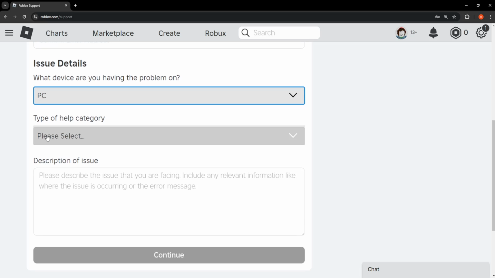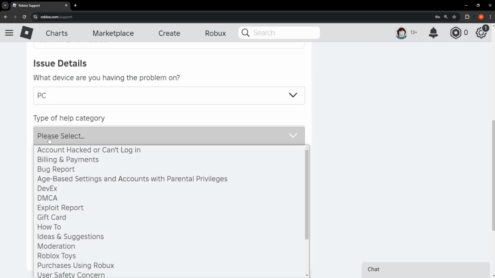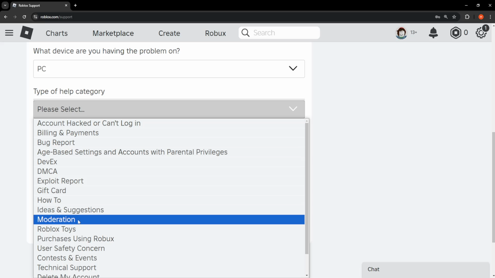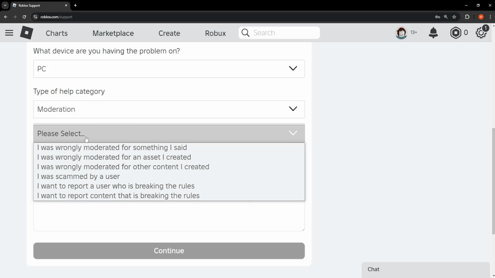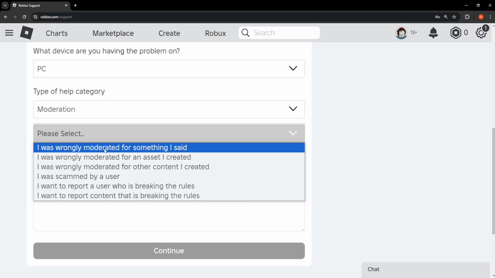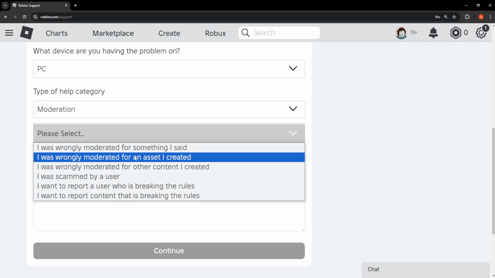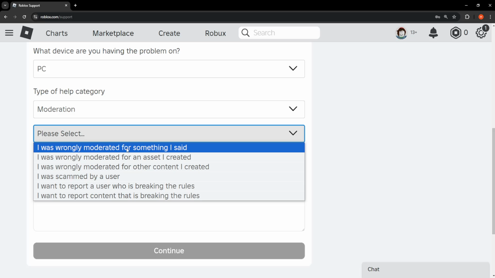Now, this is also really important, the type of help category. We'll click on this menu and then we'll go and select moderation. And then here we will choose I was wrongly moderated for something I said. It can also be for other reasons depending on your personal case, but for me it's going to be for